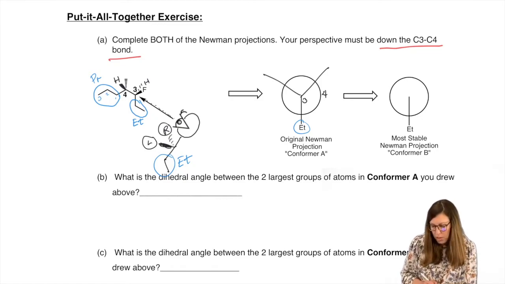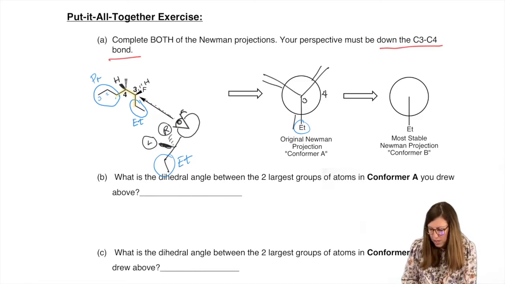So the propyl group is on the same side as the ethyl group. They're both down and they're both planar. In fact, our two options for the sigma bonding framework that's planar is that zigzag shape or the U shape, and we have the U shape. That only happens when they're eclipsed, right? Do you see how they're in the same plane? There's two wedges pointing in the same direction. They're on the left. There's two dashes pointing in the same direction. They're both on the right. So we have an eclipsed situation, which means you draw that back carbon set of bonds right here, like so.